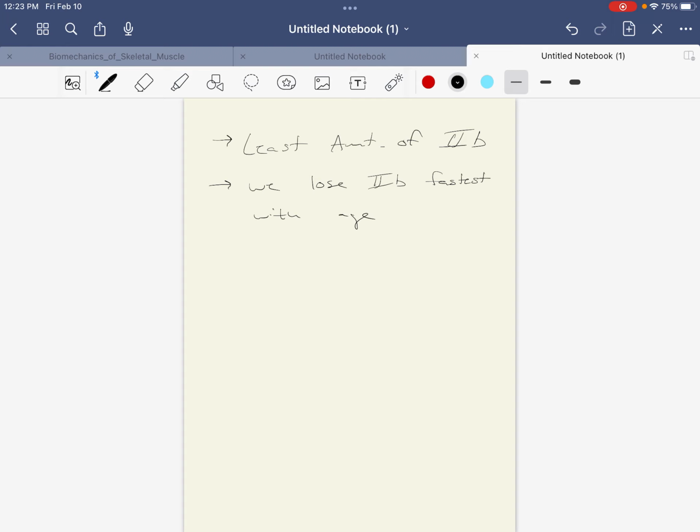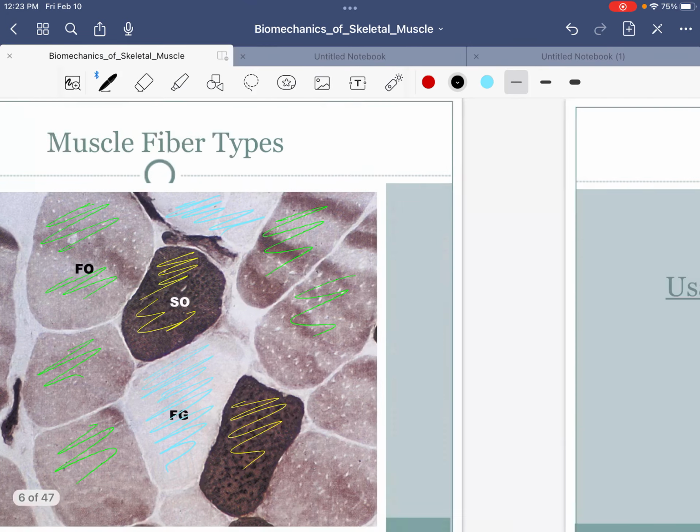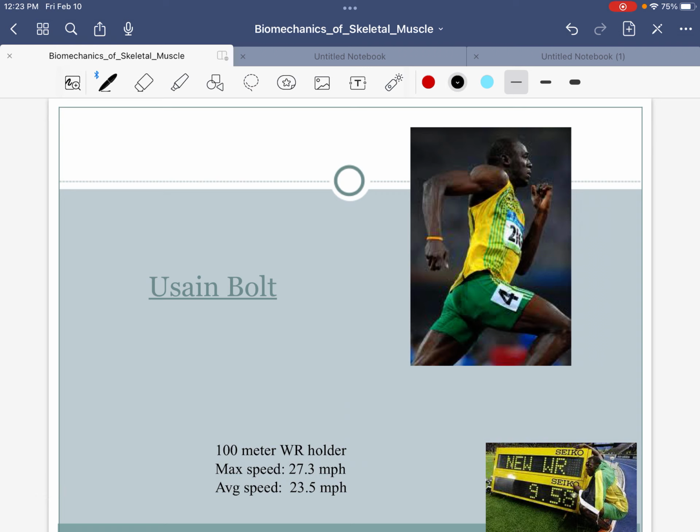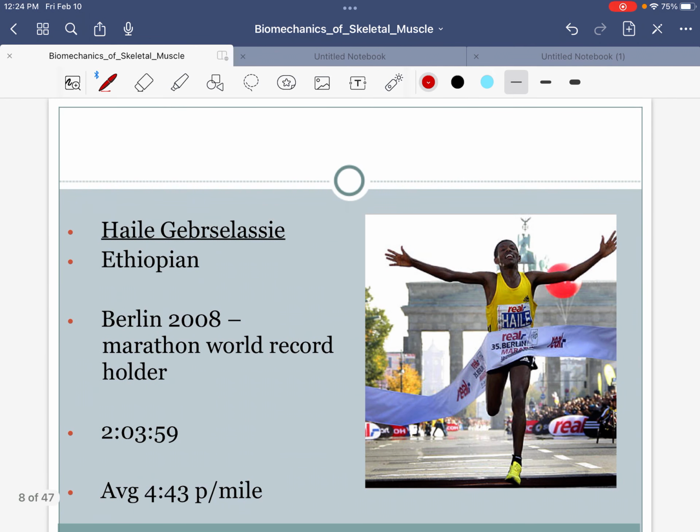And I bring this up because we see this, folks. If I just ask you this, you probably already know it. I'm just providing the physiological rationale that explains it. If we think about the fastest sprinters in the world, Usain Bolt at one point had the 9.58 100-meter sprint record. He would be using mostly type 2 muscle fibers for such a short distance. He's going to be using a lot of type 2B.